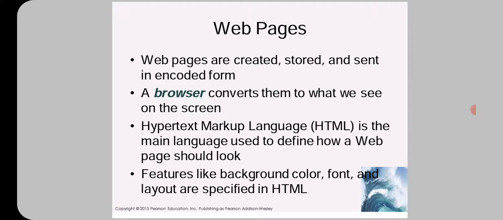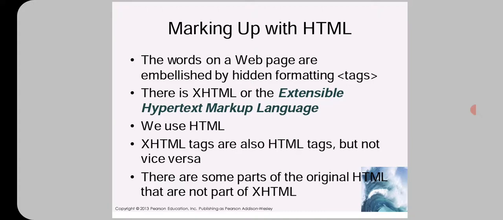using websites. So what is a browser? A browser is a software or a tool. A browser is a small tool or software which is used to run or view the web pages. HTML is the main language used to write scripts, defining various web pages and marking up with HTML. The words on a web page are embedded in a hidden format, that is tags. Generally in HTML the commands are written